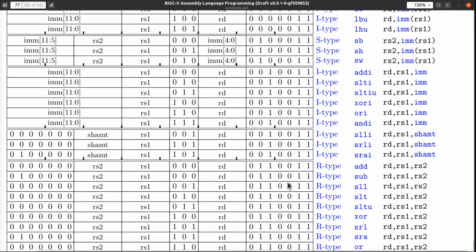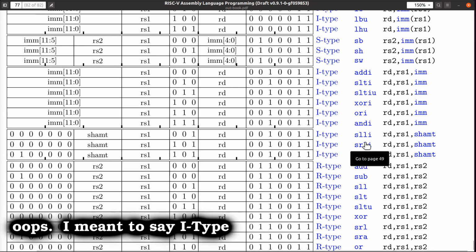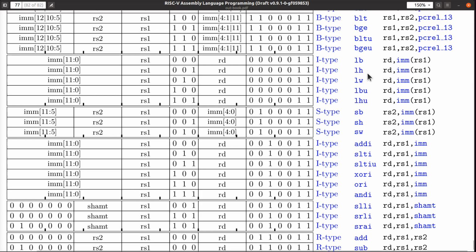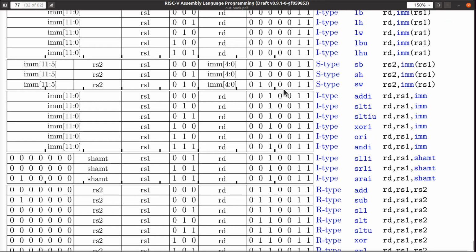Notice what's happening, by the way, with these opcodes. Even though we have a couple of different kinds of R-type instructions, we have these shift ones, we have these immediate operand instructions that perform ALU operations, and we have the load instructions in here, okay? They're in these different groups because they have different opcodes. Look what's going on here. This opcode is a 3 in binary, right, for all the loads. Down here, all these ALU immediate instructions have in hex a 1-3,